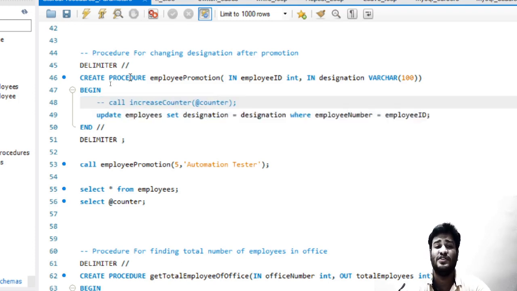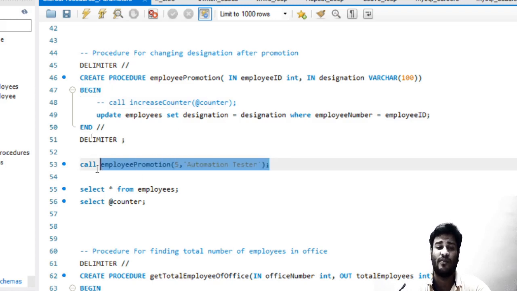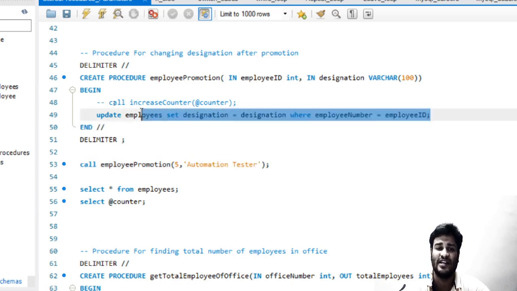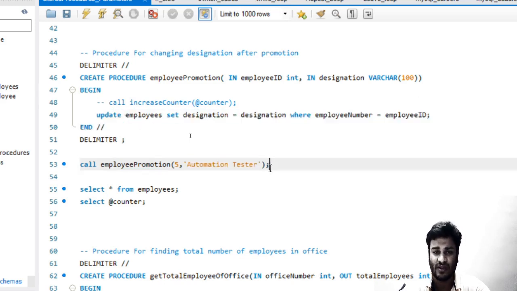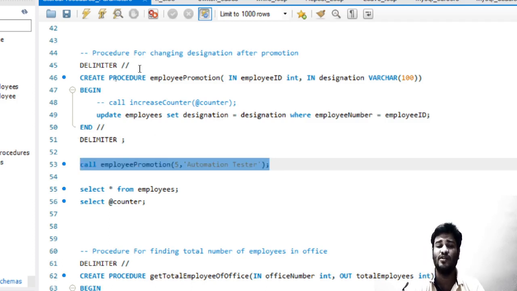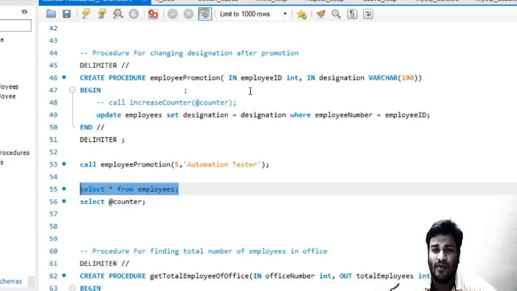So the need of a procedure comes: you need to just call a procedure giving up the ID and the changes which have to be made. Those changes are applied to particular tables as given in the statements within the stored procedure. So this is the usage of the procedure. So our work becomes easy. SQL knows they have to call this procedure when this kind of thing has been given. So now we have seen that this particular employee table has been updated with the new designation.